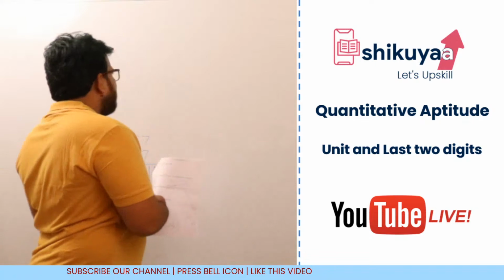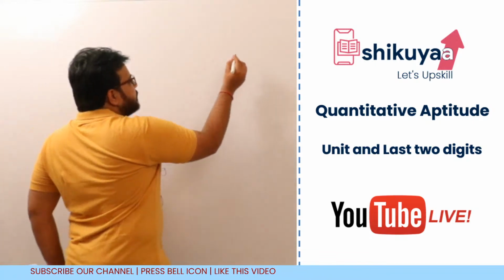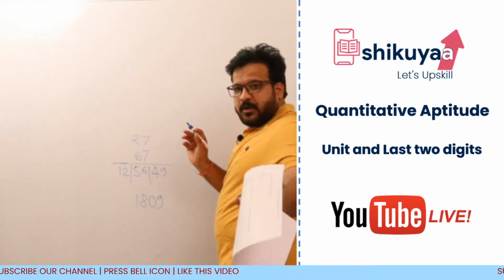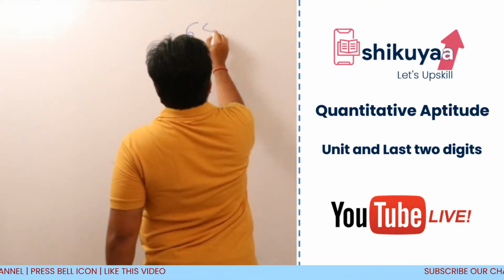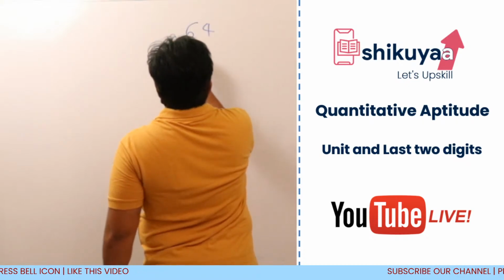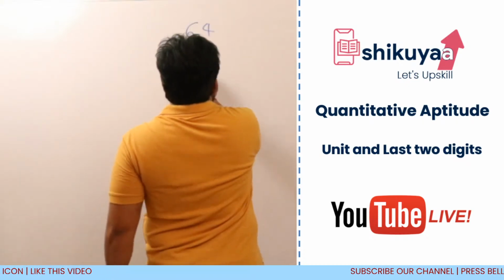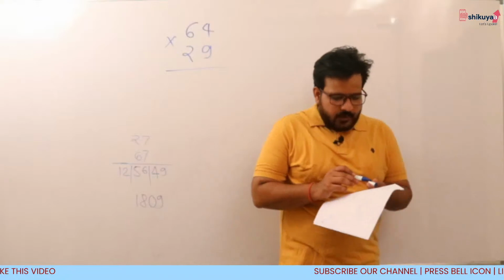So I'm writing another number. The number is, am I visible? Okay, the number is 64 into 29. So those who are in the session,